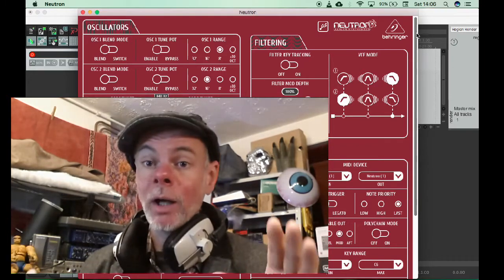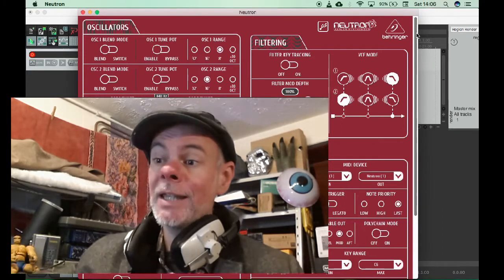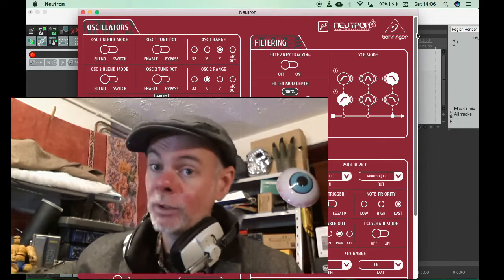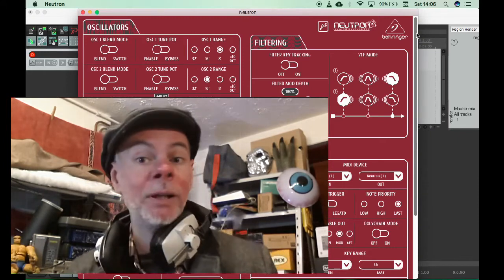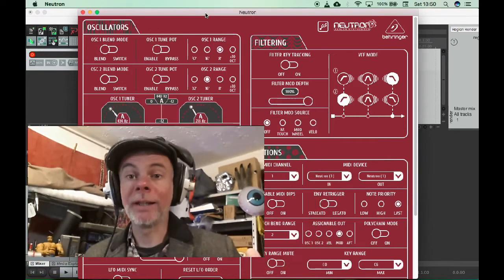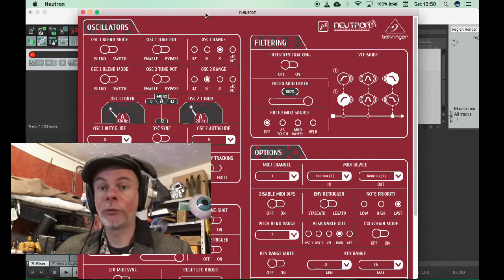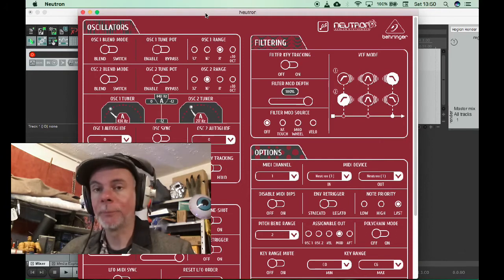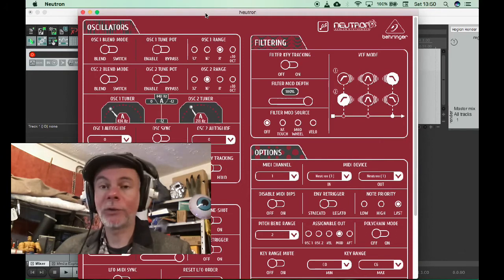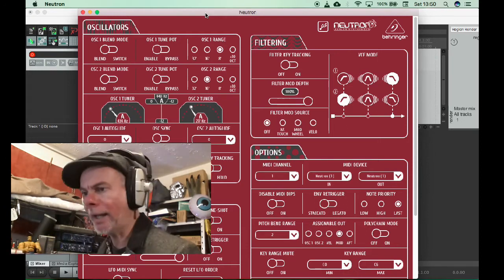What I'm going to do now, I'm just going to leave the Neutron running for a couple of hours, see how much the tuning is going to wander, and that'll be an interesting little test. All right. So just as a little bonus at the end of the video, I've left the Neutron on now for 4 hours, just sitting there doing nothing. I was just curious to see how much the tuning drifts. So if I just play an A,